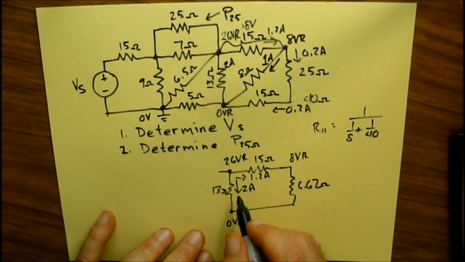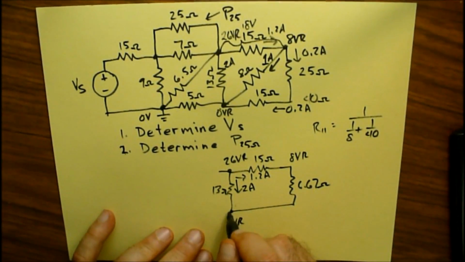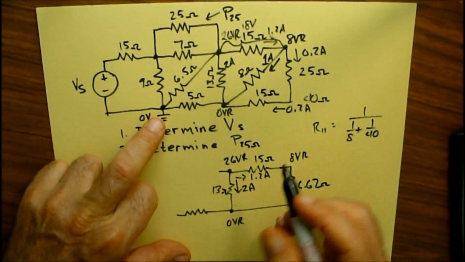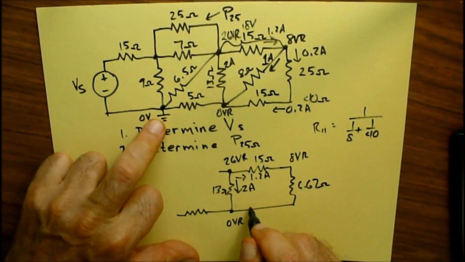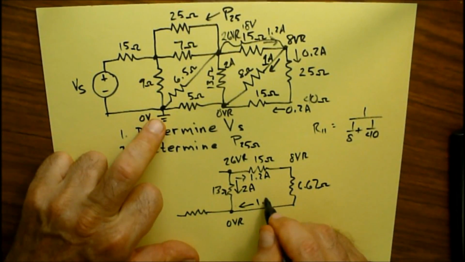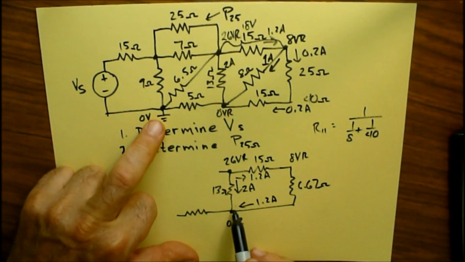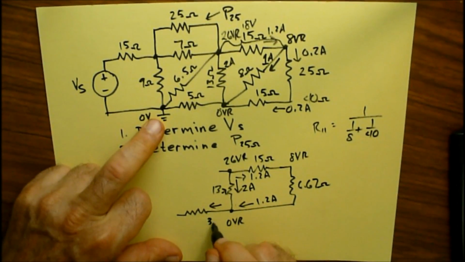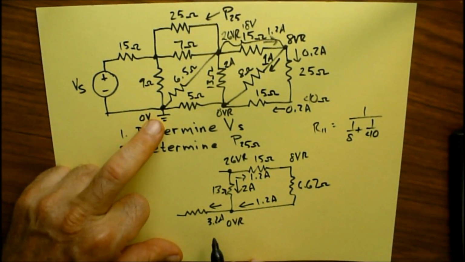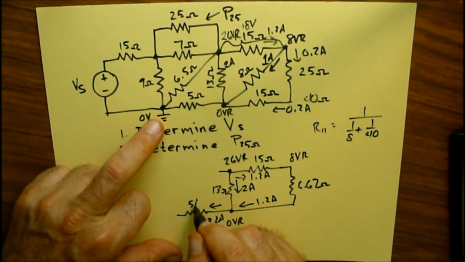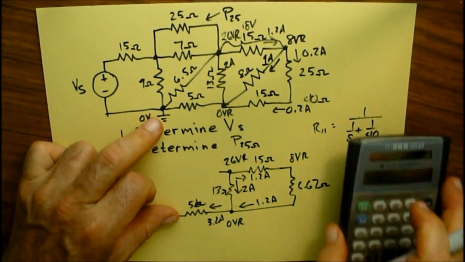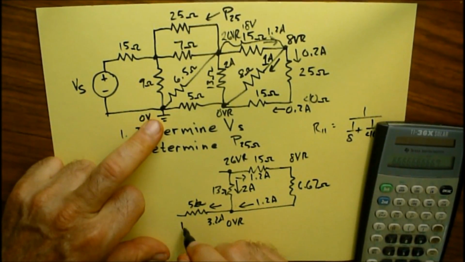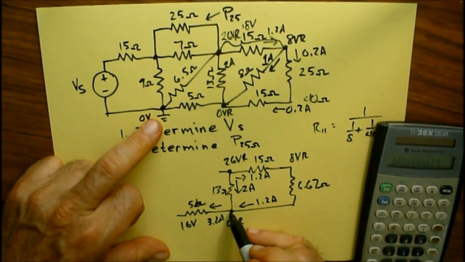If we know that 2 amps is going in this way, now we're looking at the next little piece, this 5 ohm resistor. And then we can figure out what the true voltage is, because I've got 1.2 amps coming in this way, right? It's going through this loop, coming out 2 amps going in. That means I have 3.2 amps coming out, all using KCL. This is 5 ohms, right? So 3 times 5 is 15 plus 1 is, that means I've got a 16 volt drop,